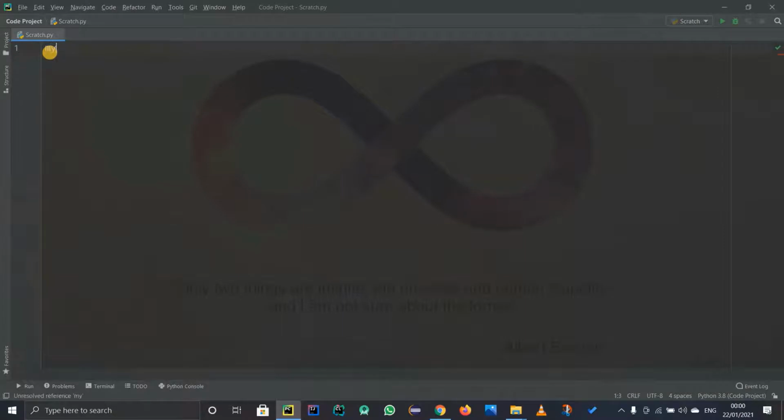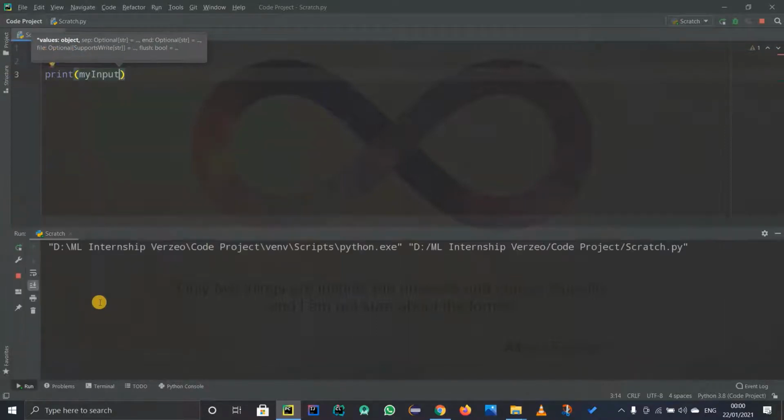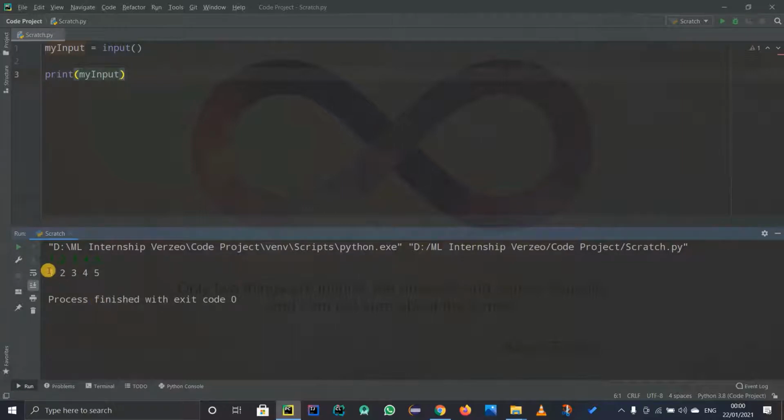First of all, let us say my input is nothing but input. Let us print out my input first to understand what is happening. So I'll print out my input and run this code, and our input is going to be, as I told you, input in spaces. If I run this code, I am getting this thing as it is, because input means a string. I am basically getting a string. So this is all fine.